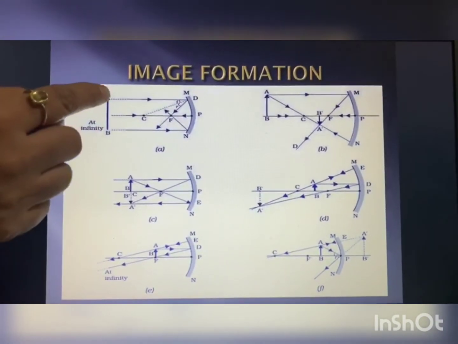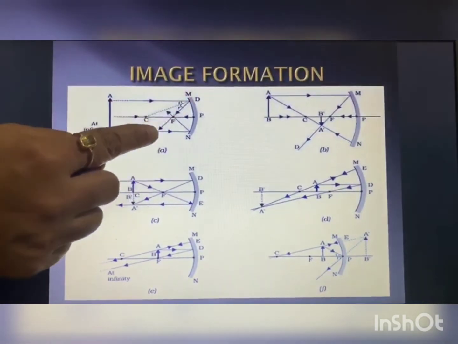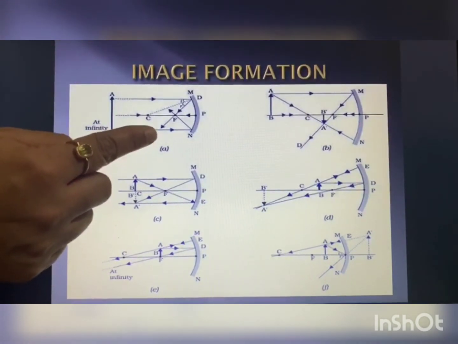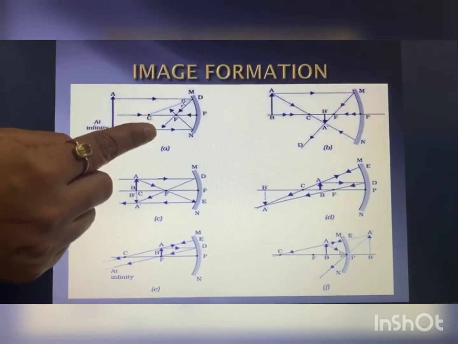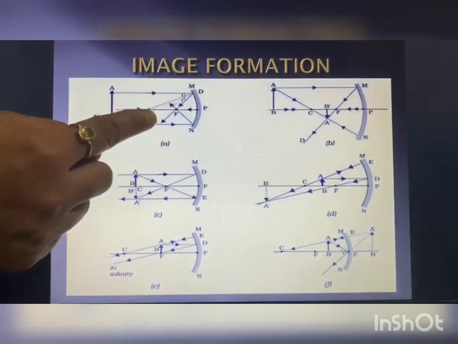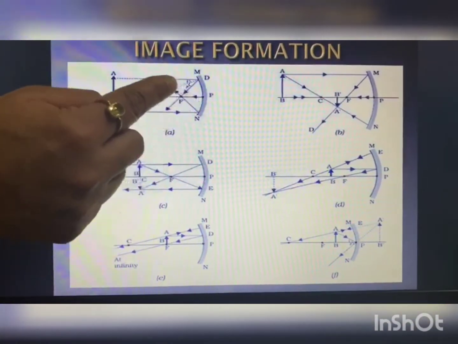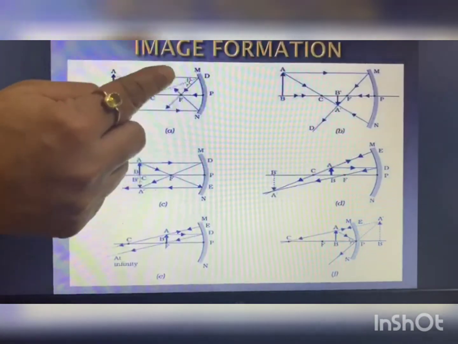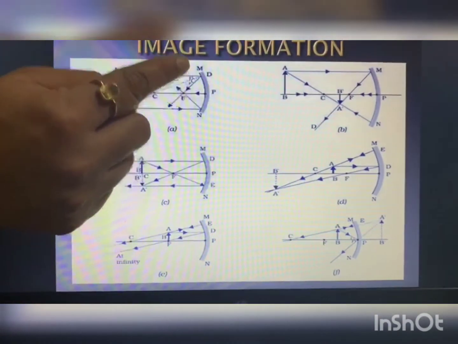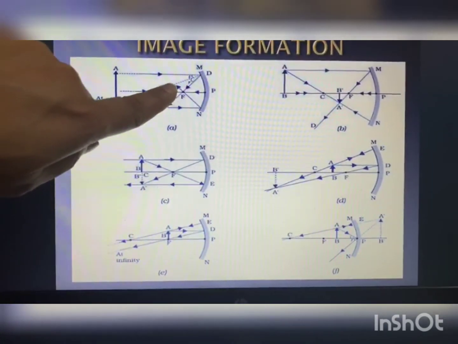Now, a ray which is parallel to the principal axis always passes through the focus. This was the first property, so we are taking that property only for constructing the ray diagram. A ray which is parallel to the principal axis passes through the focus. Where these two rays meet, their image will form. So where is the image going to be formed? At the focus.